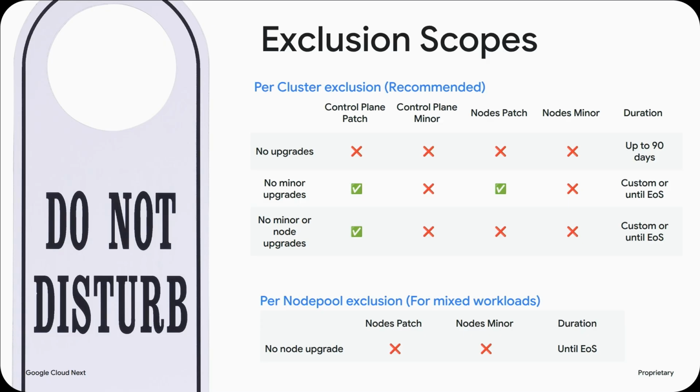So what if you want to auto upgrade most of your node pools, but some of them need to be manually upgraded? So we are actually introducing a per node pool exclusion in release channel. That's the equivalent to the no node auto upgrade property in node channel. And so that's an exclusion until end of support.